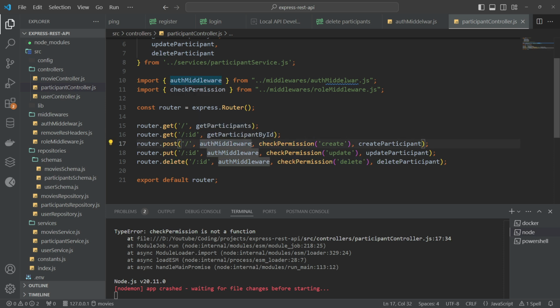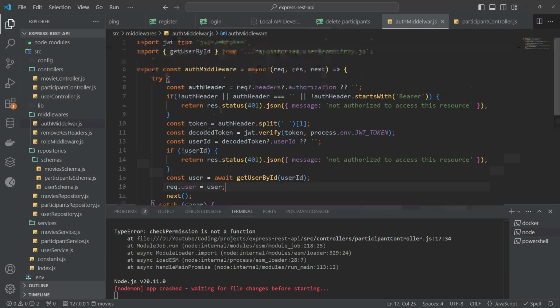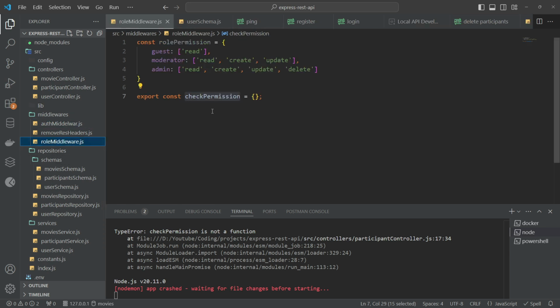Here it was not taking any argument, but this middleware is taking an argument. How will we write the definition for this one? If you see auth middleware, this is the method name, and then we are attaching the async request and response. Now for this role-based access, checkPermission needs a